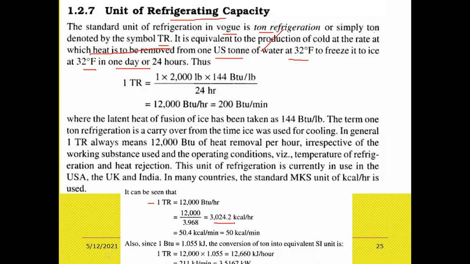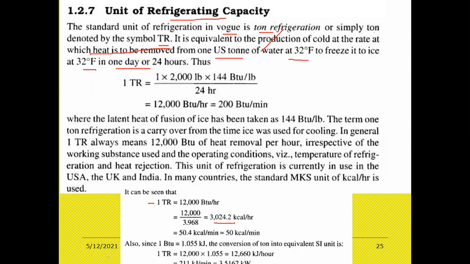So when you buy a fridge or an AC, they will ask you how much capacity you want: 1 ton, 1.2 ton, like that. Then you have to understand that he is asking about the capacity, how much we require. Understood? So if you come to the definition of that,